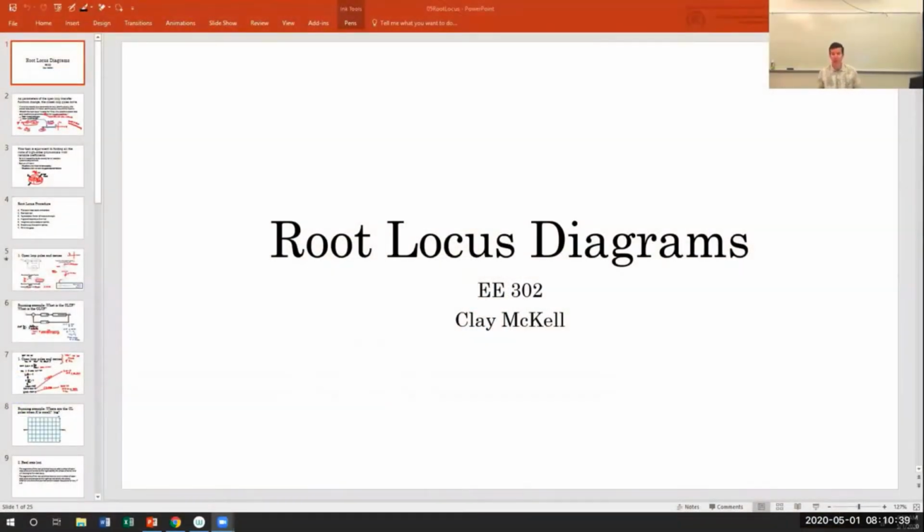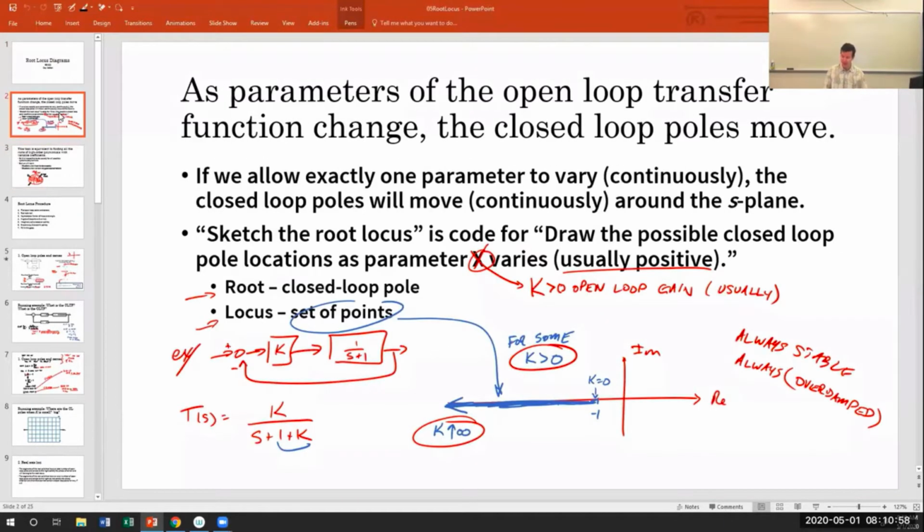The big picture, or what a root locus diagram is, simply said: a sketch of the complex plane that contains all of the possible closed loop pole locations as one parameter within the open loop system changes. Usually that parameter is going to be the open loop gain K. We are going to get a couple of glimpses at where these closed loop poles can be, and then we're going to make an educated guess about how the closed loop poles could travel from one of our glimpses